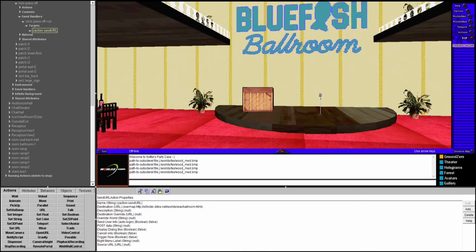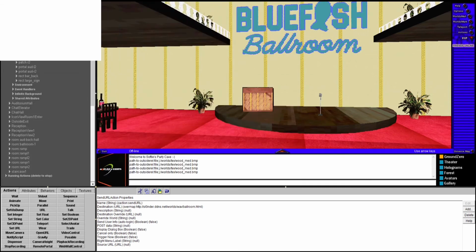So in this instance, I use a send URL action on a little HTML player that I added in HTML, and I used the overmap in front of the URL so that when I click it, it opens it in a little box over where the map would normally be in Shaper. I tried to add it to the capture, but you can't really see it in the capture, but there's a play button and a stop button there that lets the user